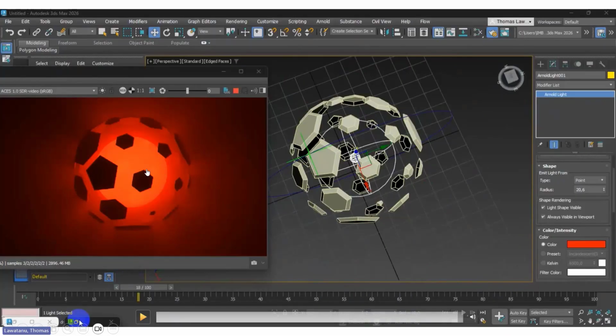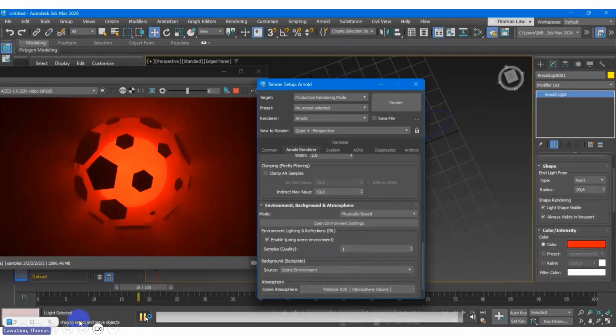I want to create some effect. That's why I put the atmosphere node inside the Max render. This is the volume, the volume material you can add. So you can do a lot of things with this example.